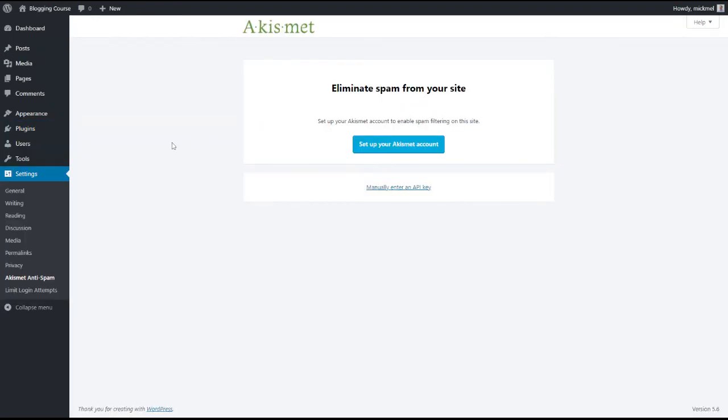Now, the one catch with Akismet is you have to have an account with them in order to use it. We have a paid account for our business, but you can actually get a free account with them when you do it. So you need to enter an API key. Basically, you'll log into your account on their site and say, hey, here's your special private key to put on your site. So if we go to set up our account, you go to Akismet and you can see here's